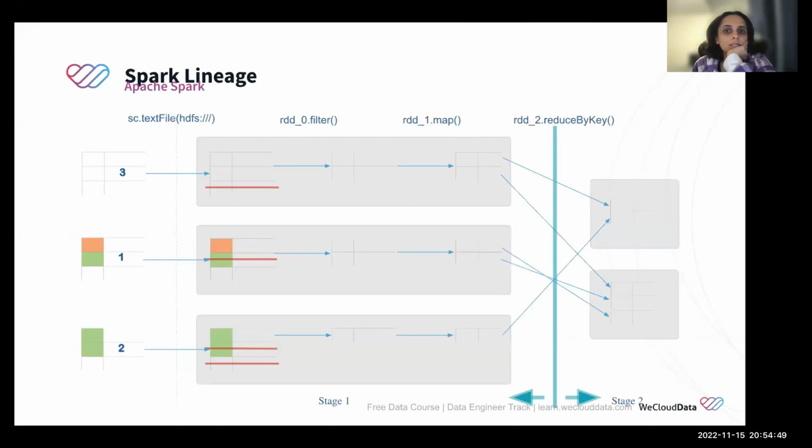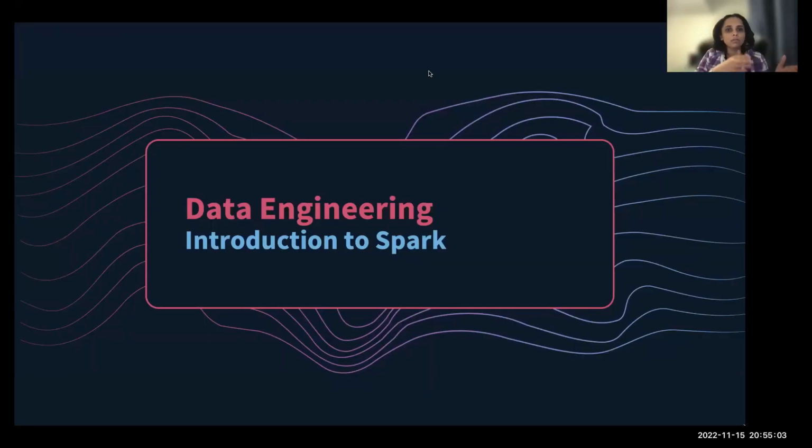But what happens is that at every single stage, every RDD, you apply a function and then you get another RDD, you apply a function, you get another RDD. So Spark does maintain this lineage on what,